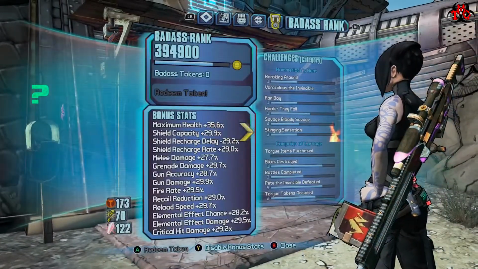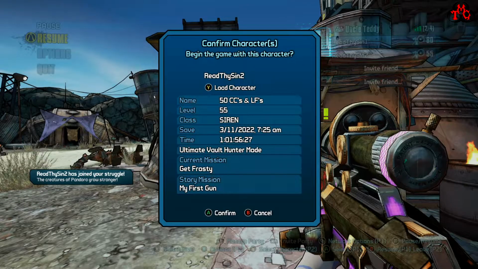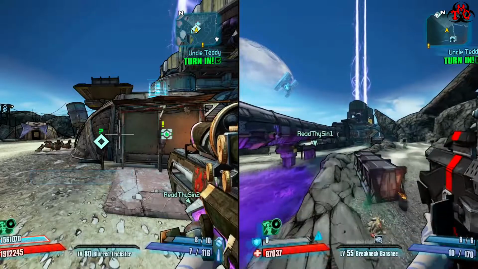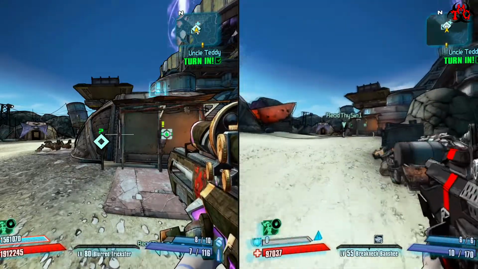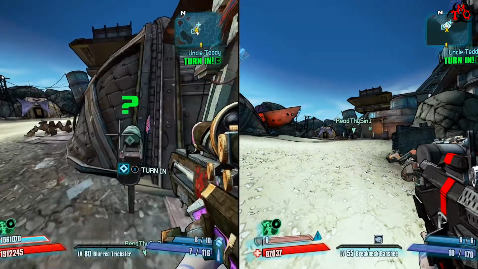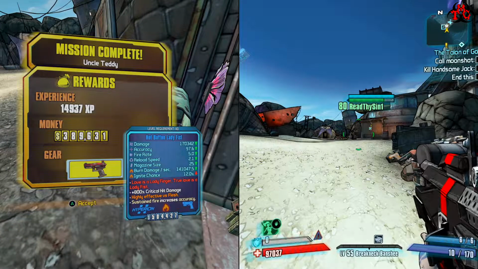And now from here, you want to save the game. You then want to bring in your second character. Standard character somewhere around here. Save again, just in case. Turn in. Collect reward. So, we don't want that one. We want